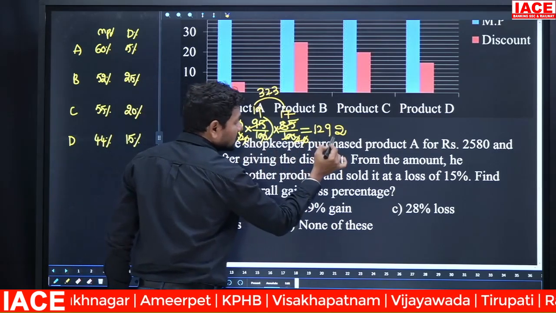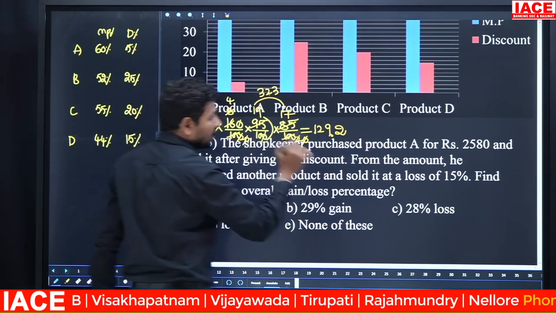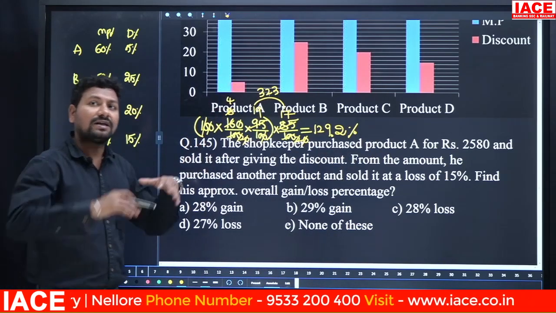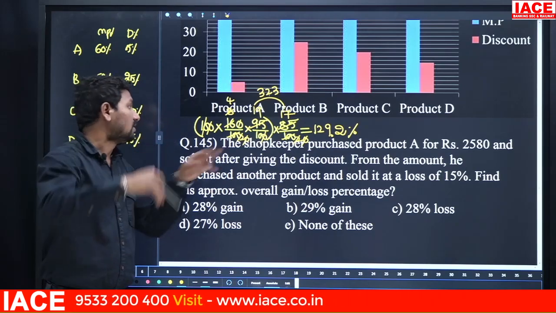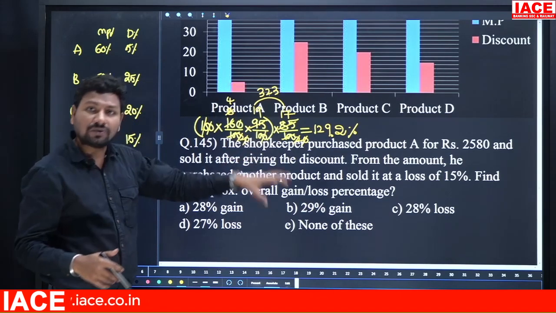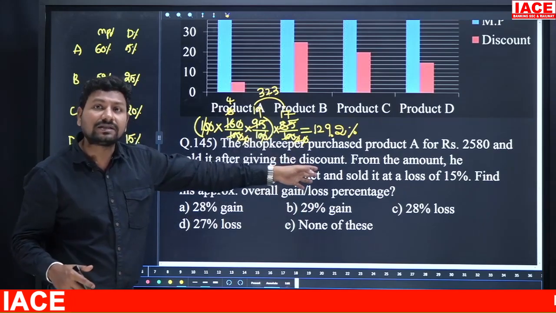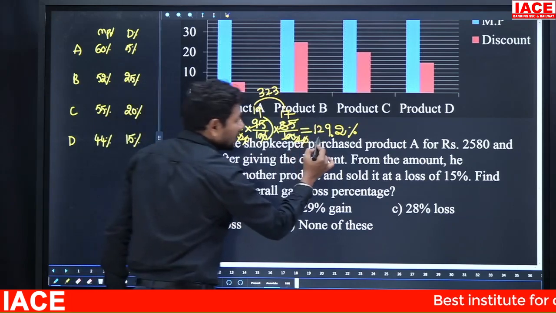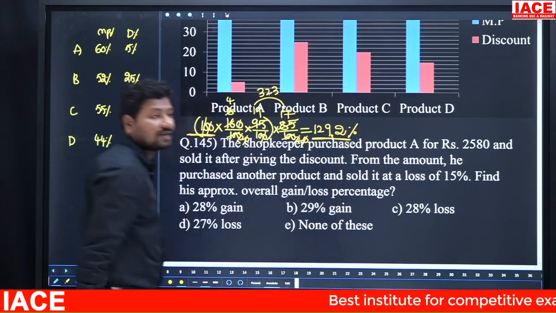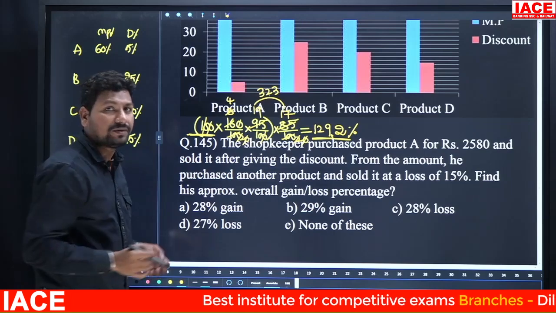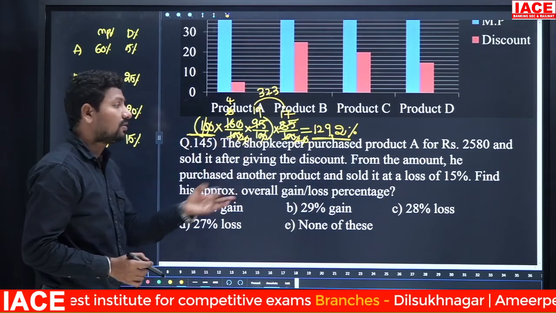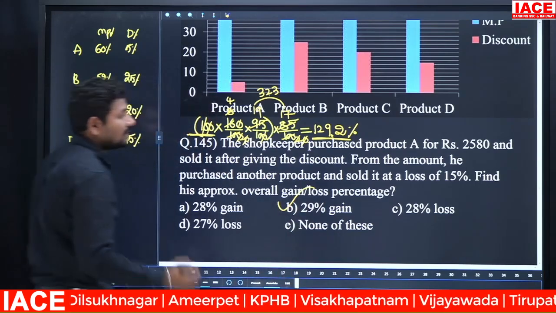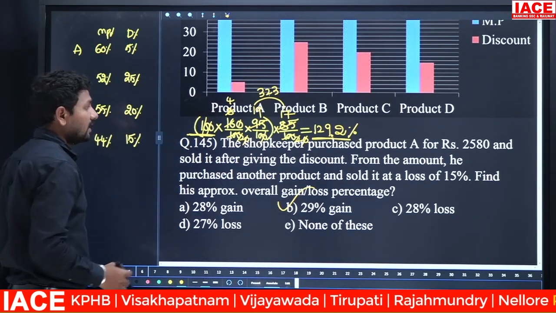In the denominator you will get 1 decimal. For that decimal purpose we can write 1 dot. It is an overall percentage. Then finally, product-wise, first of all he purchases, makes the increment and sells it, and again you got the money, and again it is sold for 15% less. Finally also he is getting a profit. Comparing to the product started with 100 rupees, finally it reached how much? 129.2 rupees. That means how much profit? 29.2 rupees profit. Comparing to 100 directly you can take 29.2% profit. Then approximately how much percentage profit? 29% gain.